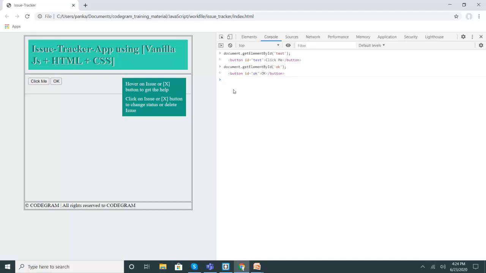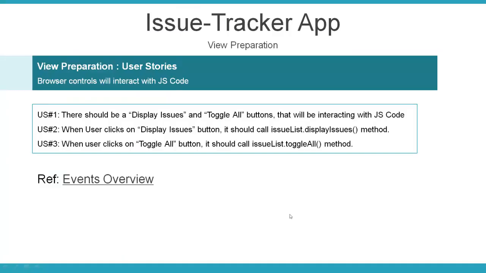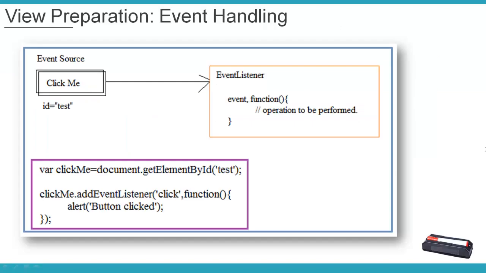Now you might be thinking how exactly these buttons are going to interact, like how these buttons are going to work. Right now as you click on these buttons, these are senseless buttons, right? So what basically we want to do is create some kind of event on this. So what exactly this event handling is, I explained to you from here itself. Now see this, this is the kind of mechanism in which events work.